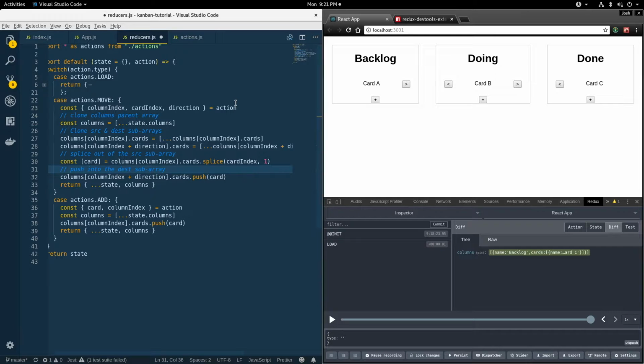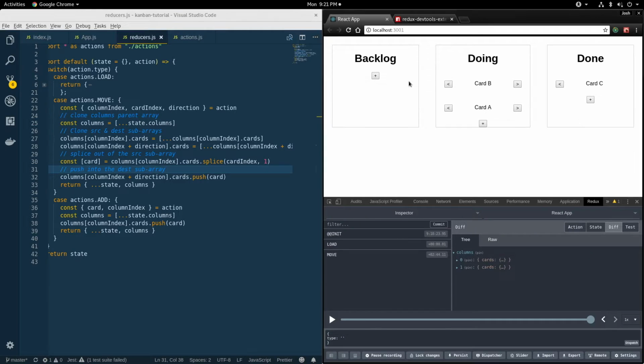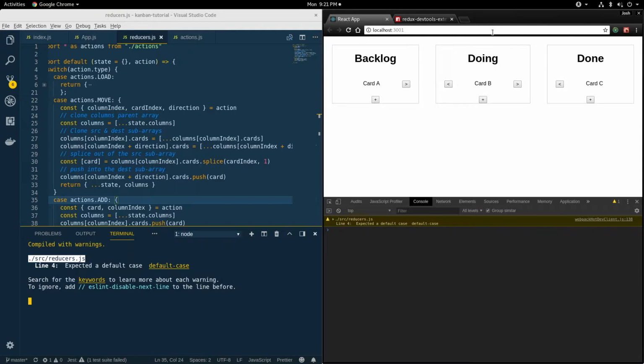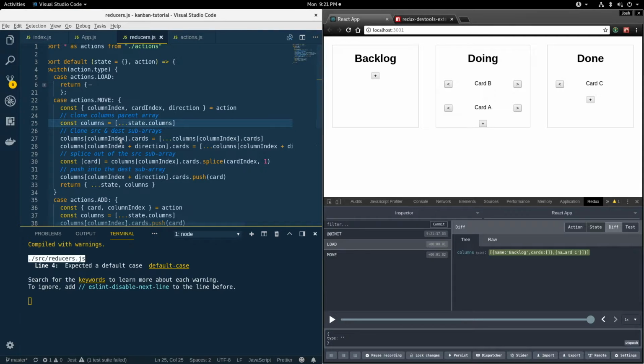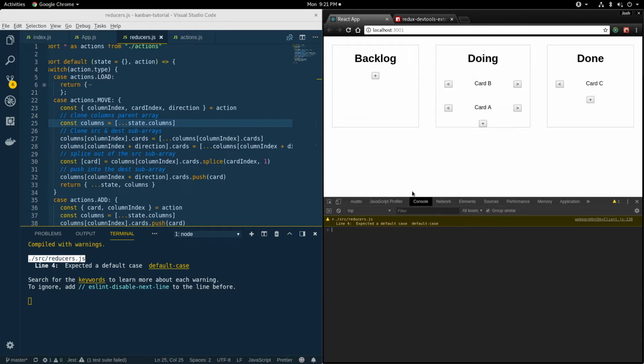So we're going to clone the source and destination subarrays, splice out of the source subarray, and push the card back into the destination subarray, and then return the new state with the new columns. And we see this does not work with the time travel debugging still. So we're still mutating something. And this is getting a little bit hard to follow even with our comments and our syntactic sugar using the object spread syntax and array spread syntax. It's still a little bit hard to follow. I can't spot the bug